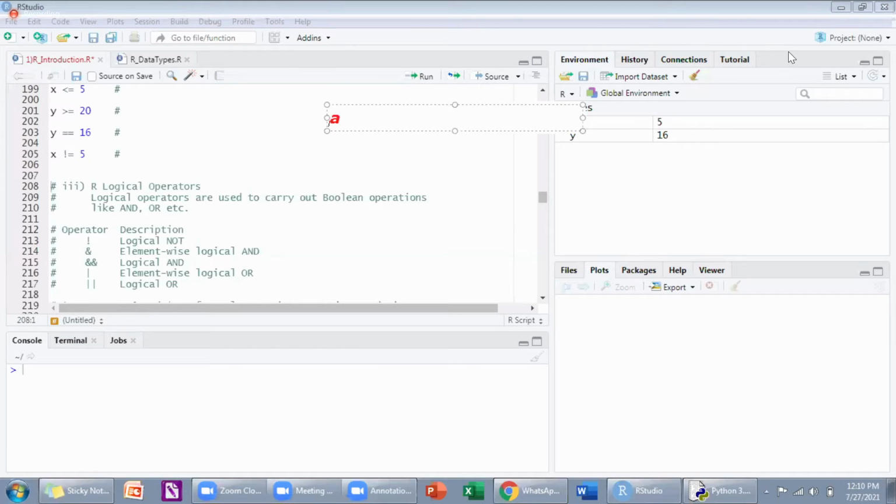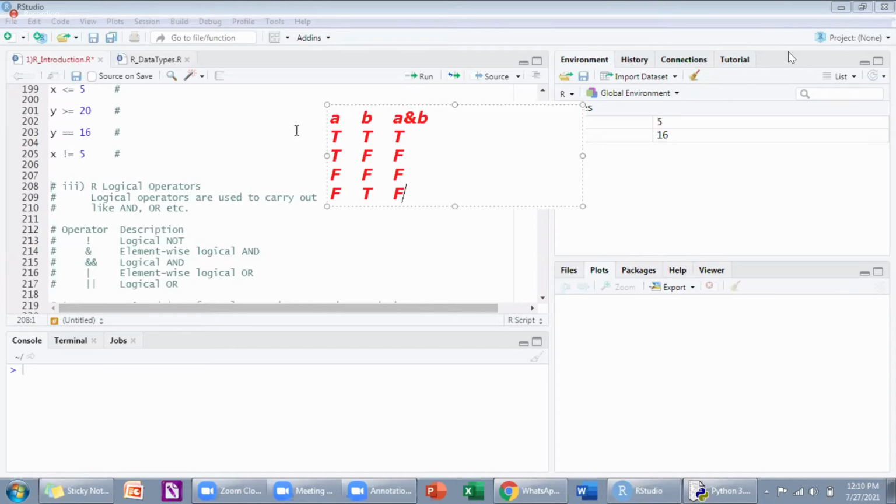Remember A, B. What is A and B? True and true, true. True, false, false. False, false, false. False, true, false. Okay.